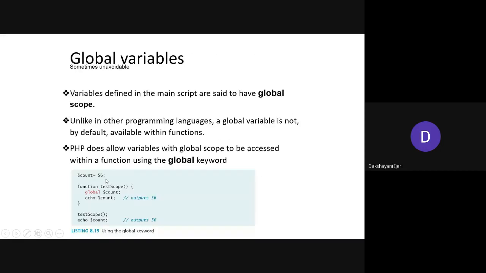Then how are you going to do that? For that you need to use the global keyword in order to access the variables which are defined outside the function. These variables can be used anywhere in the program, but to use them within the function, you need to use global as a keyword for that variable name. Then only you will be able to use the values or variables that you have assigned outside the function.